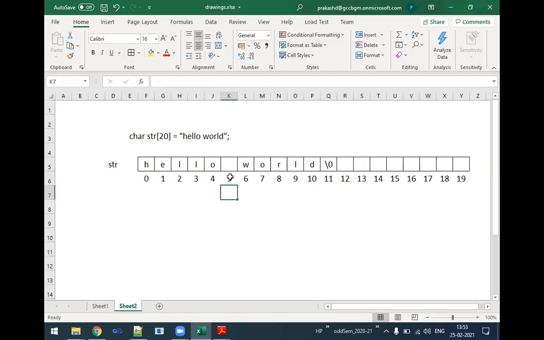At this particular position, index value 5, it will check the content. Is it a null here? No, it is not a null here. Then it is a space. It prints the space and it further proceeds printing all other characters. And when it reaches the index value 11, it checks the character again. Is it a null? Yes, it is a null. So it stops reading the further blocks. Only it reads and prints all these characters. Okay, that is what's going to happen when we write a program in this way.